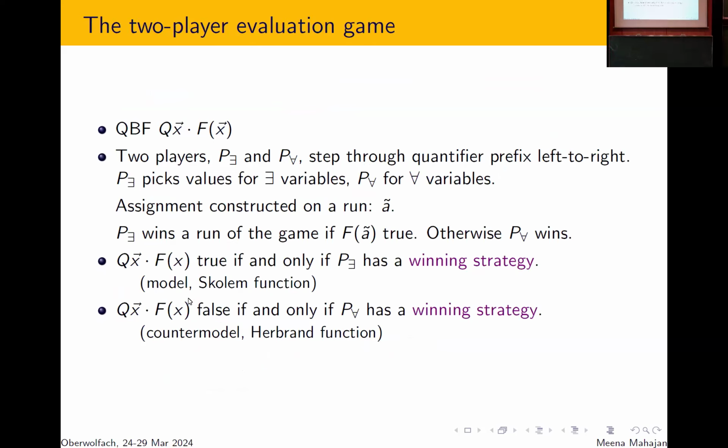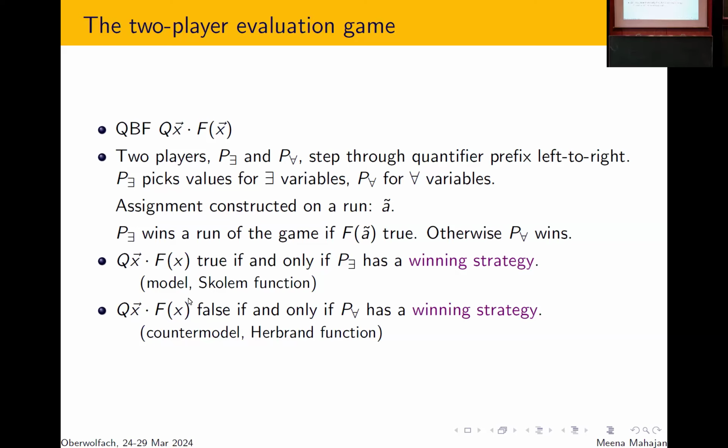Okay, I'll choose the value of my variables, the existential variables. You are the universal player, you choose the values of the universal variables. The values must be chosen in the order in which the variables are quantified, right in the beginning. So they step through the quantifier prefix, assigning values to variables that they own. And then once you reach the inner propositional formula, all variables have been set. And you can just evaluate the inner formula and check whether it is true or false, so whether it's satisfied or not. So if it is satisfied, then on this run of the game, the existential player wins. Otherwise, the universal player wins.